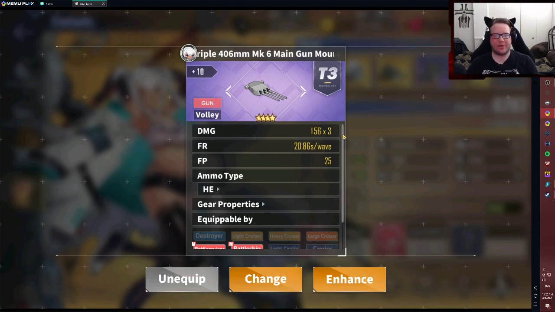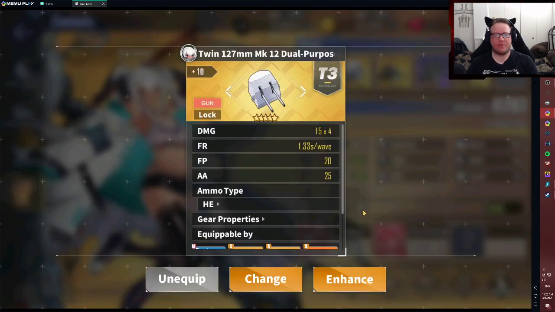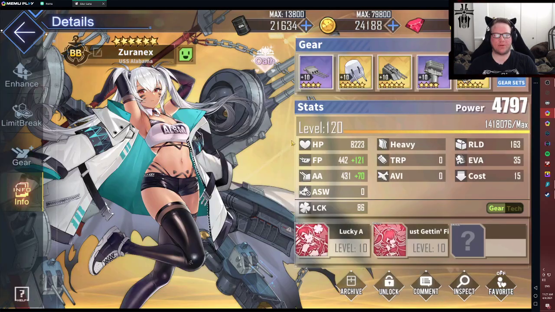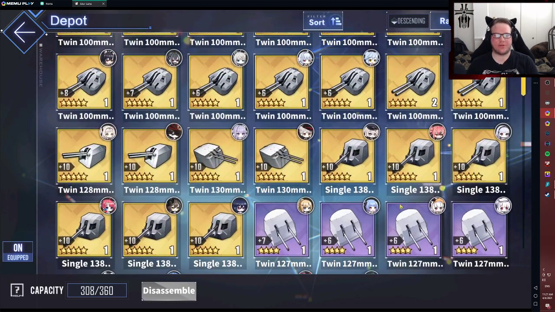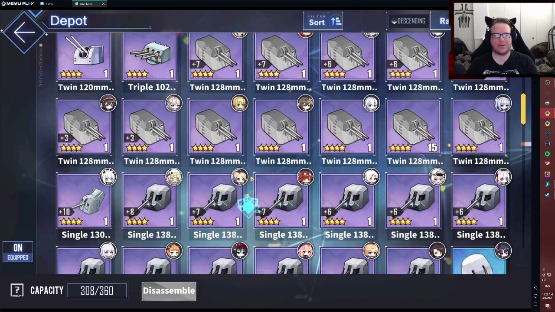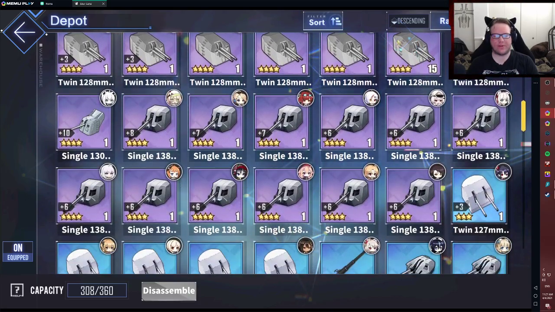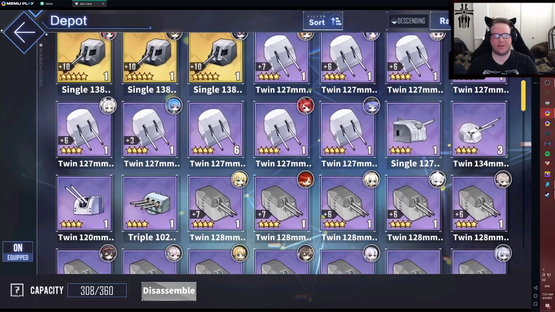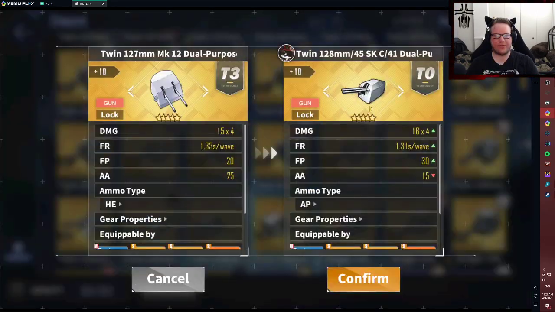So HE rounds, pretty high damage per salvo. Your secondary would be the Twin 127, or if you want to use fireboat killers, you could use the Twin 127. You could use the Twin 128 TBSK. You could also use the Twin 152 if they equip it. If not, your Twin 128 would be your best bet, or you could use the Twin 128